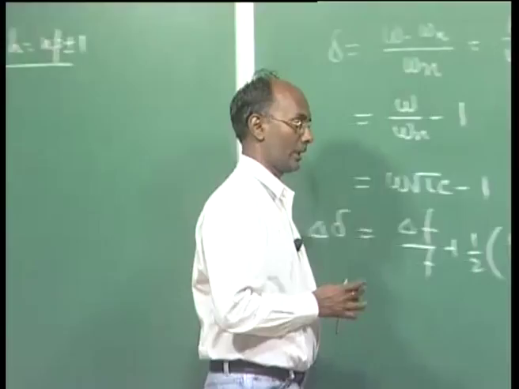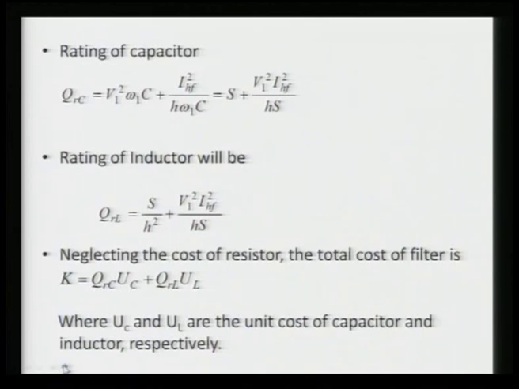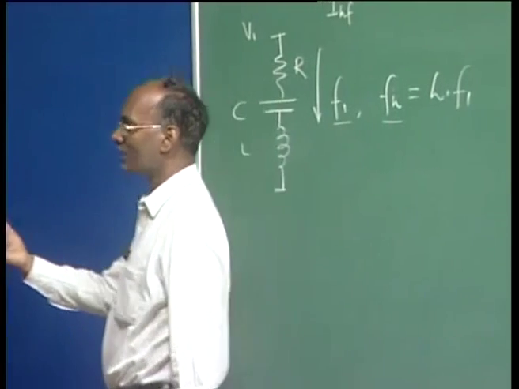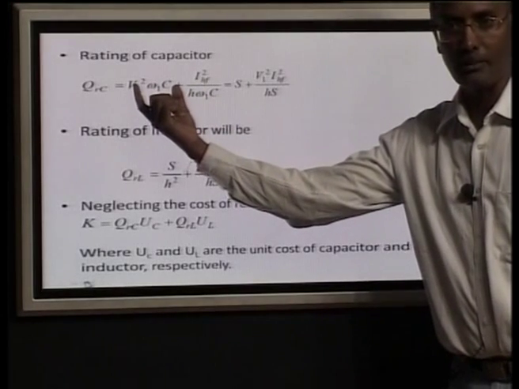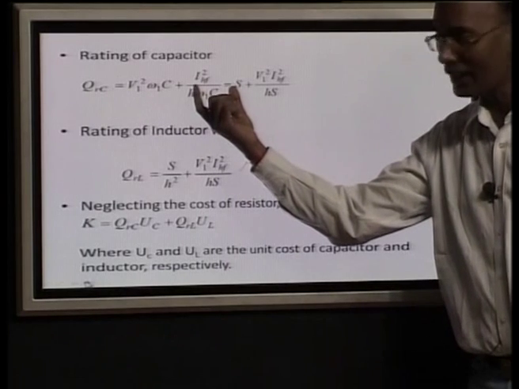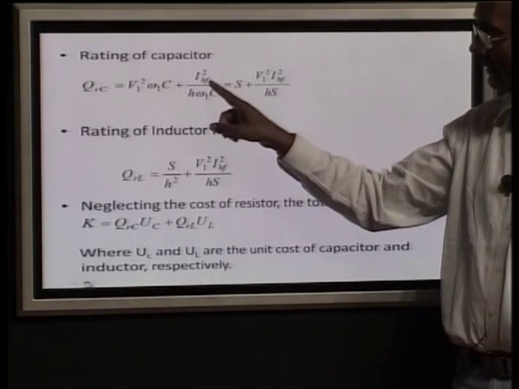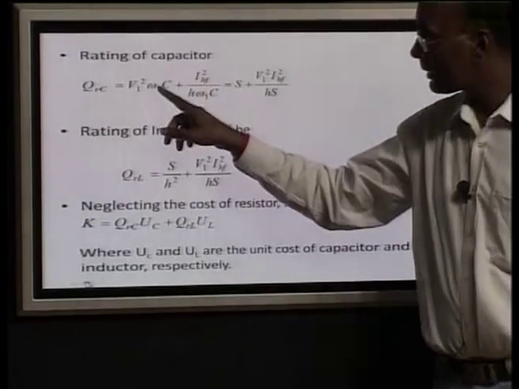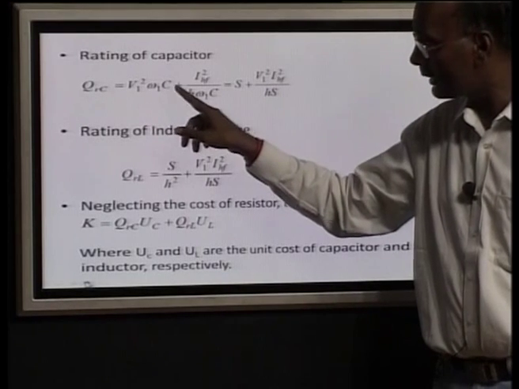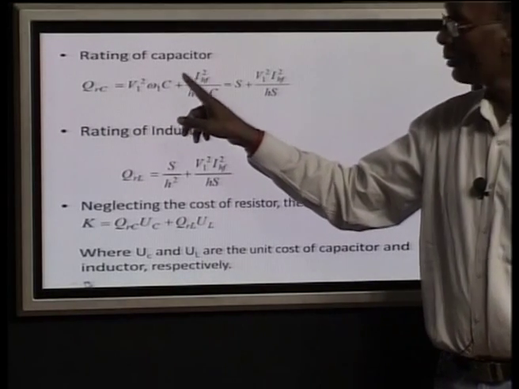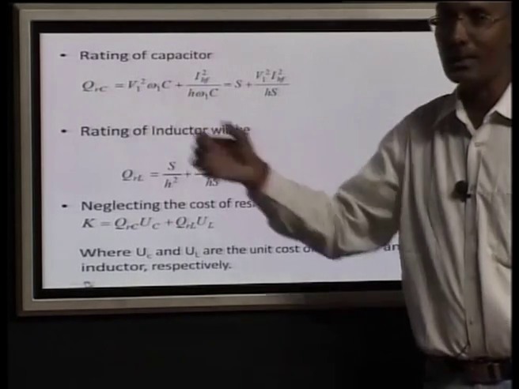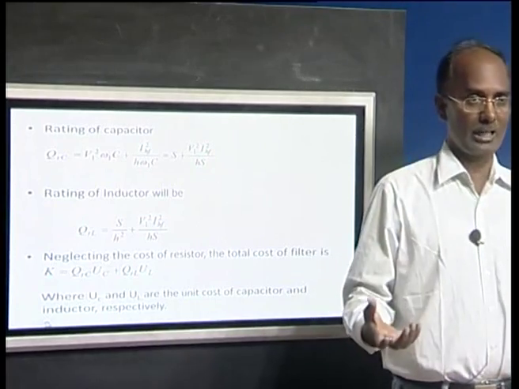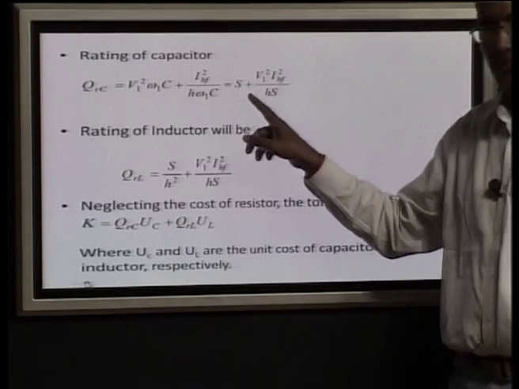So, based on these two criteria, voltage and frequency, now I will come to the rating of a capacitor. Size of the capacitor is S, mind it, rating is the total sum of the reactive power supplied by the capacitor at the fundamental component plus the reactive power supplied by the harmonics component, that is why HF is there. So, here V1 is the fundamental component and this is your omega 1 C. Now this is denoted as S, that is the size, in MVAR. So, this is replaced by S.